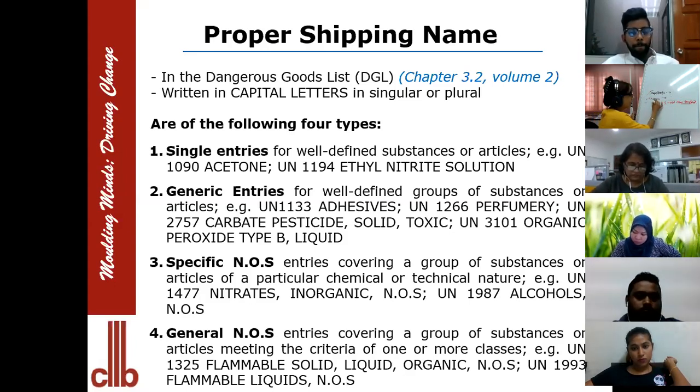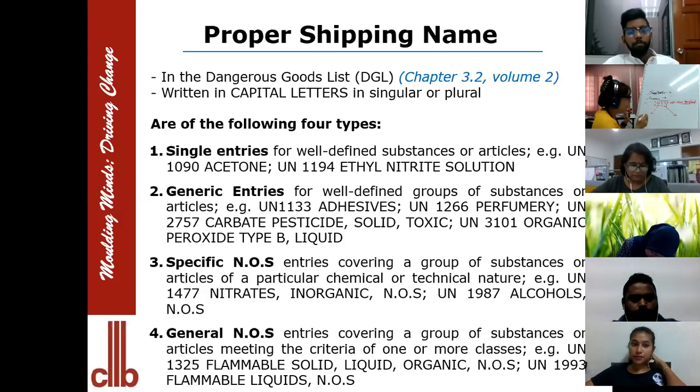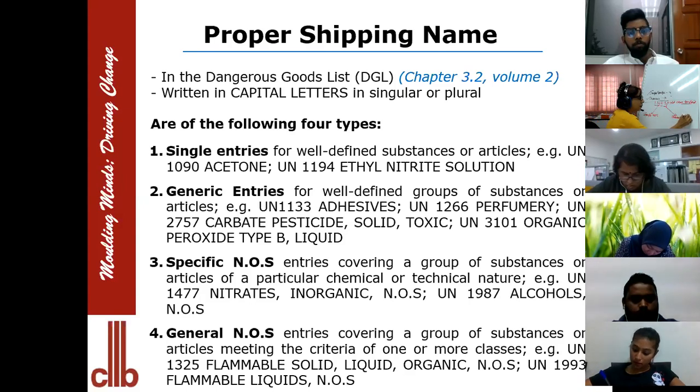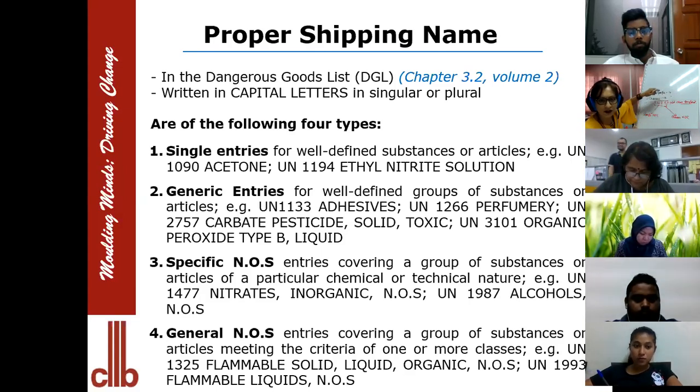So when it has not been specified, what do I do? It goes under these NOS entries. When it goes under the NOS entries, it breaks into two branches for the lab tech to figure out the best name that suits this new product. It breaks into a specific NOS or a generic NOS. If it is a specific NOS, they will take that product and see, is this very close to one of the specific products or specific lists of PSNs? Is it specific to